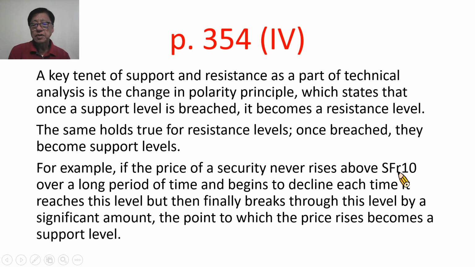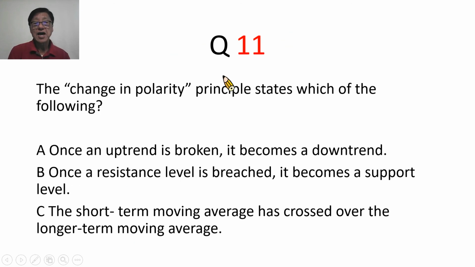For example, if the price of a security never rises above Swiss francs 10 over a long period of time and begins to decline each time it reaches this level, but then finally breaks through this level by a significant amount, the point to which the price rises becomes a support level。他举个例子，说本来这个证券的价格长期以来上涨都没办法超过10瑞士法郎，这是一个压力带，每次碰到它就会开始下跌。但是最后大幅突破之后，这个压力带在价格上涨时，就变成一个支撑带。